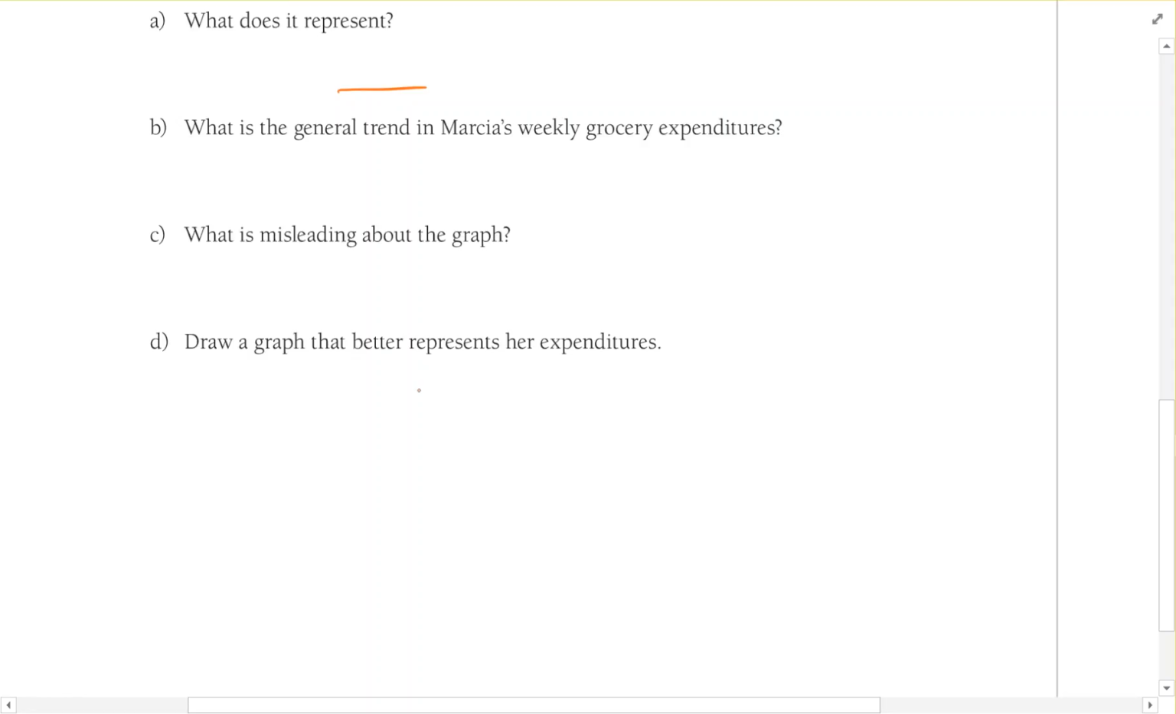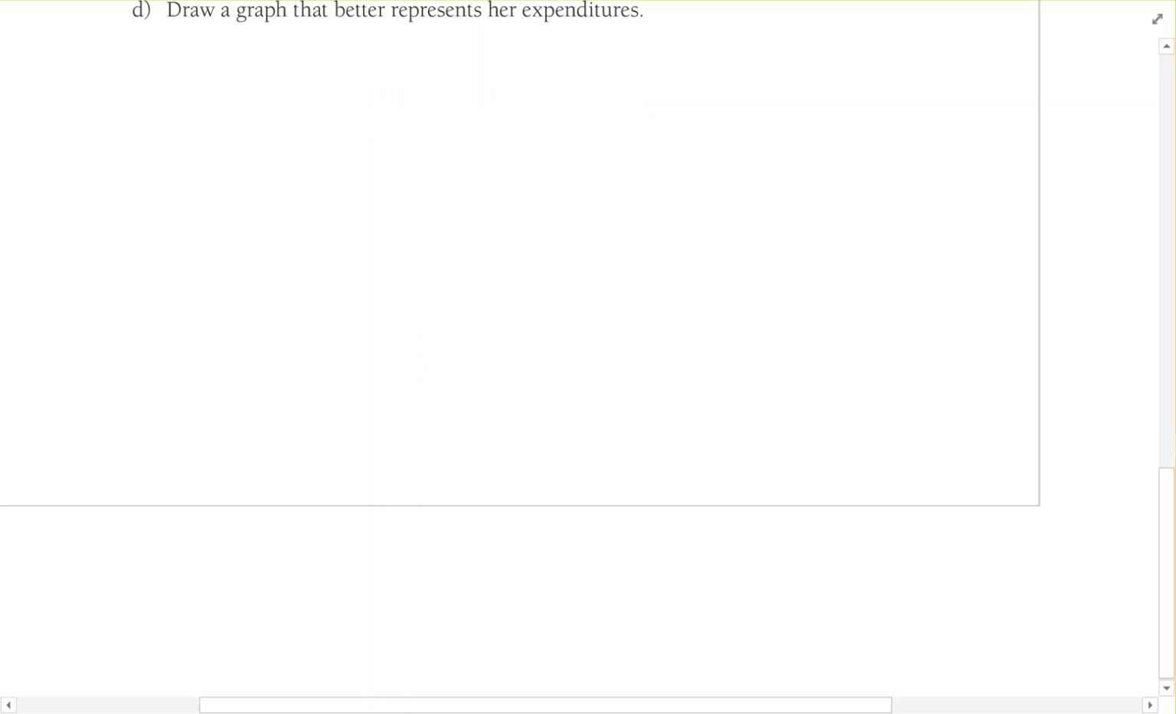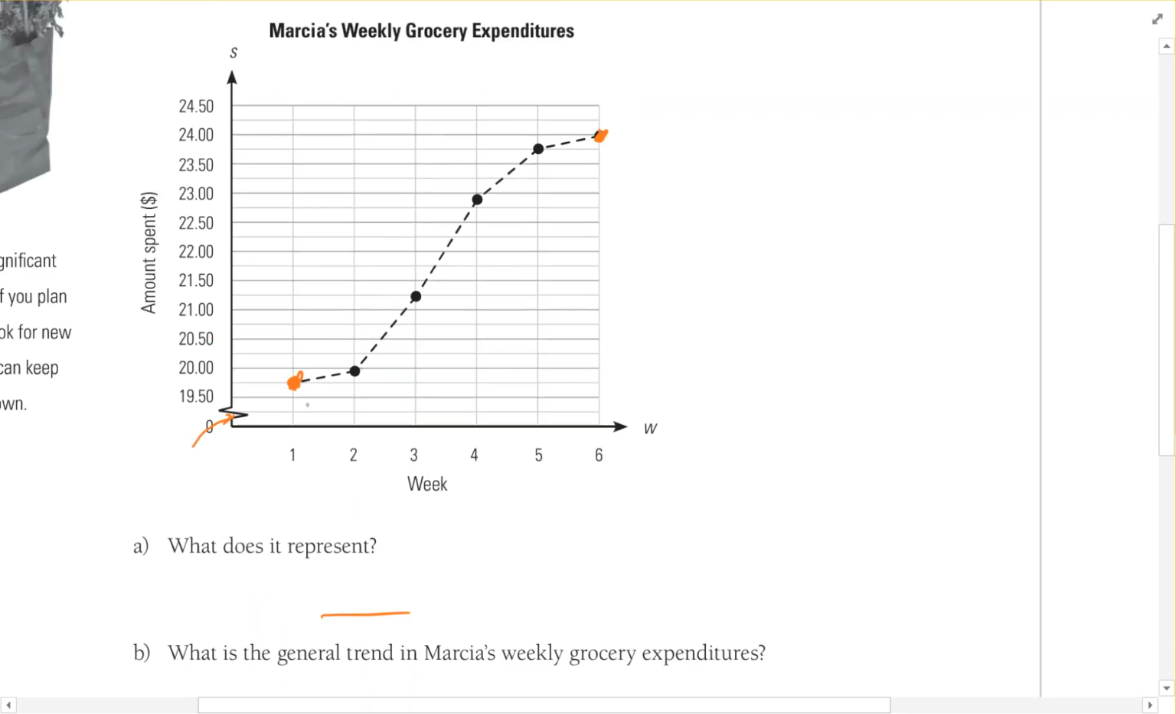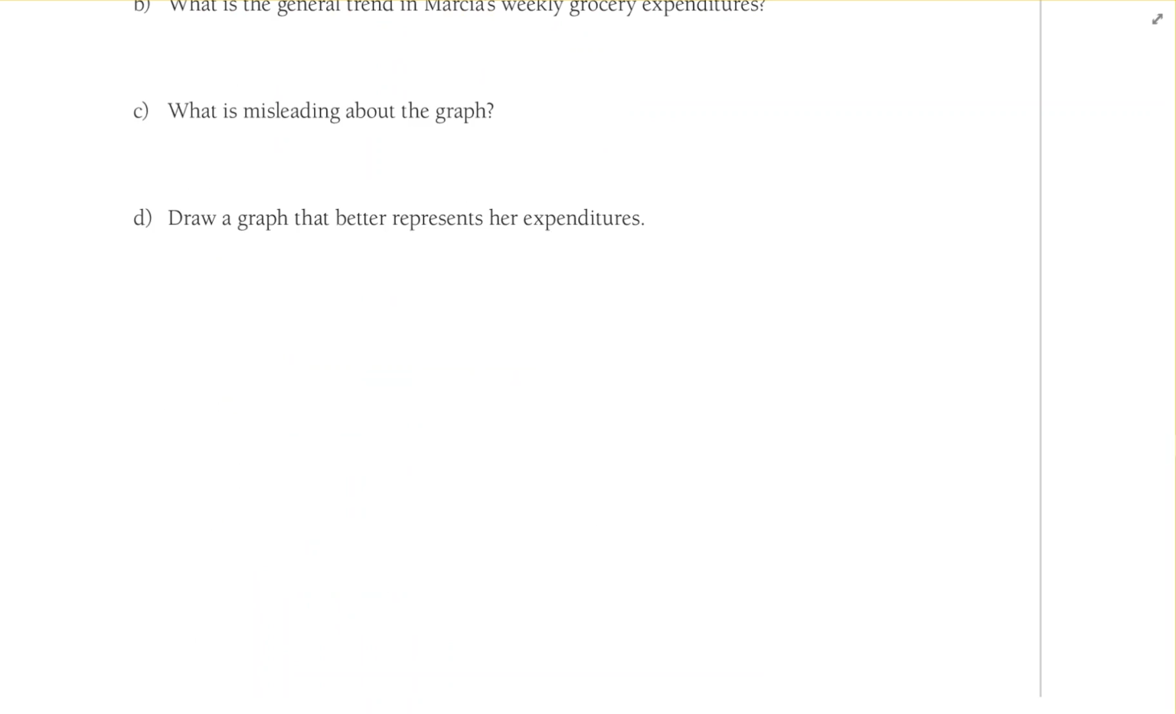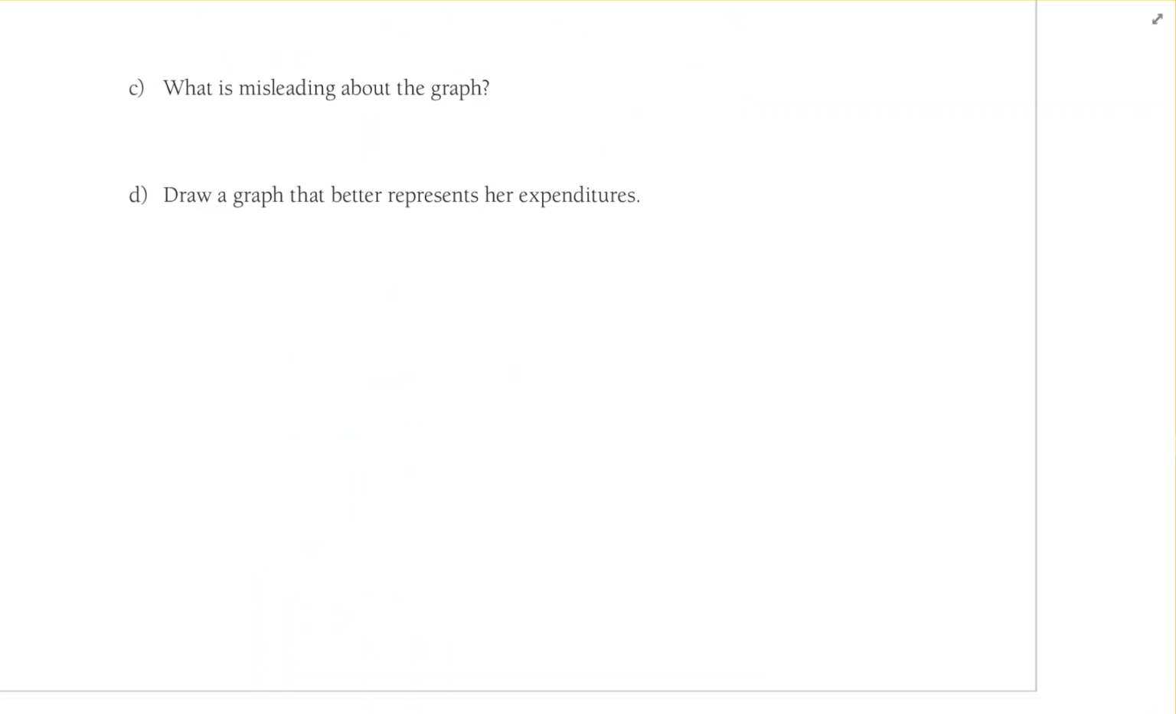So draw a graph that better represents her expenditures. The way you would do that is just draw the same graph, but this axis is going to go all the way down to start at zero. That's all you would do. And if you want, you guys can skip that too. I just want you to know that that's what you would do. Okay,